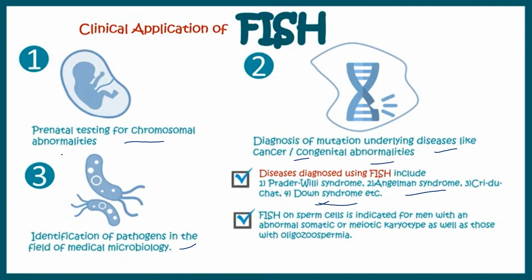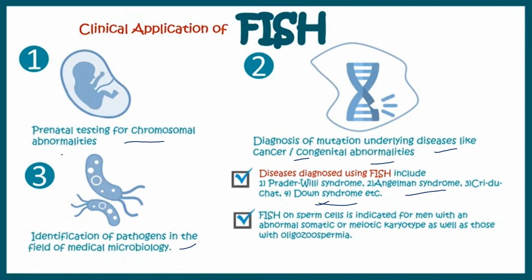Then FISH can have different kinds of variations also, like fiber FISH. I'm not going to talk too much about the detailed different types of FISH. Later on, when we have time, slowly I will make a different video on the different types of FISH. One category we are going to call single molecule RNA FISH, also known as Stellaris RNA FISH or smFISH. That is a method for the detection and quantifying of mRNA and other long RNA molecules in a thin layer of tissue sample. That is smRNA FISH.